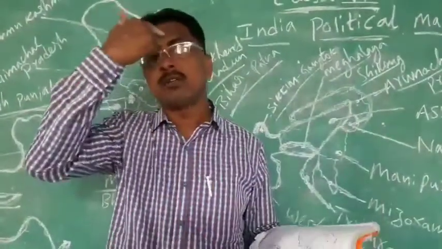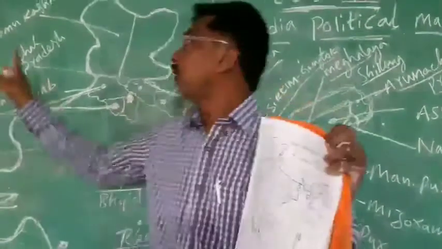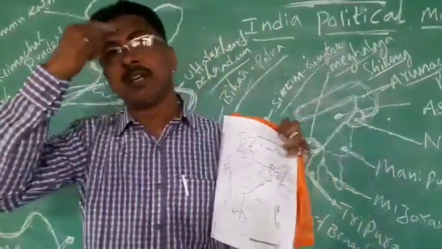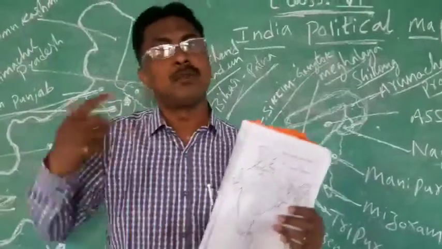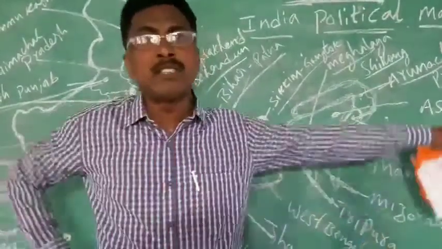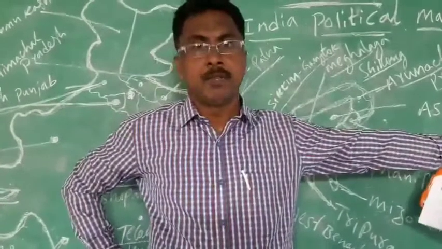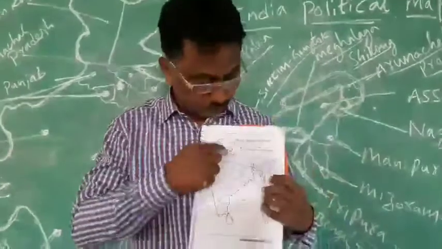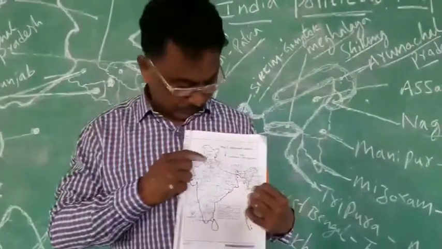You know this one on the top. We'll call it Jammu and Kashmir. But Jammu and Kashmir is not their state. But you see, this side I'm telling you. Just imagine India is like this. See how, and imagine this also like this. Now I'll show you the neck type.